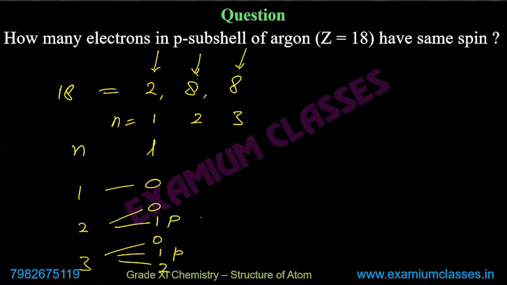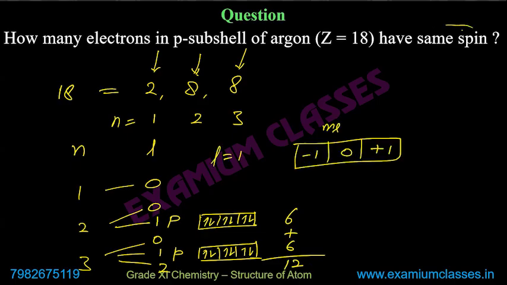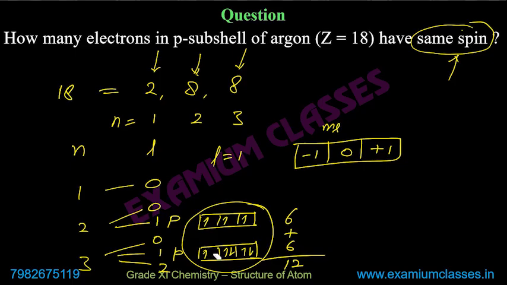Each p has three orbitals, Px, Py, Pz. These three orbitals will have 6 electrons here, 6 electrons here. Total 6 plus 6, 12 electrons in p subshell. If it is same spin, then you will consider only clockwise or only anti-clockwise. So only clockwise will be 3 plus 3, that is